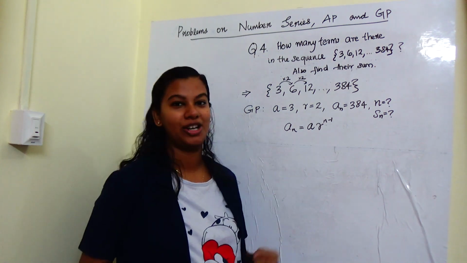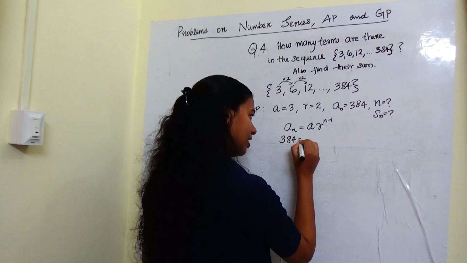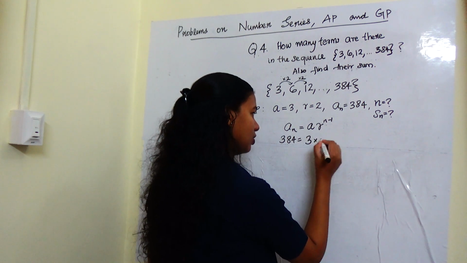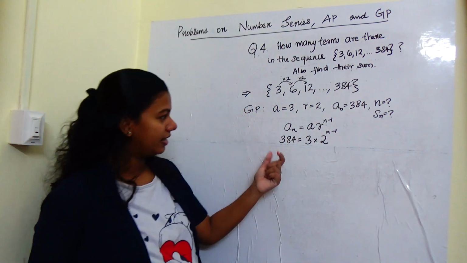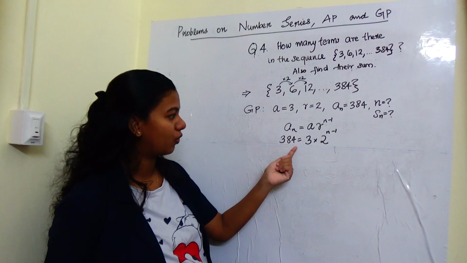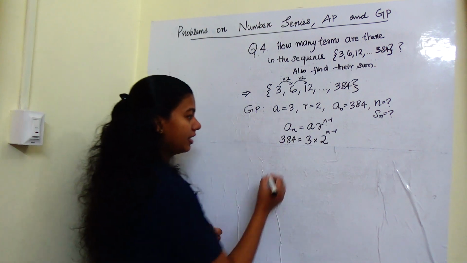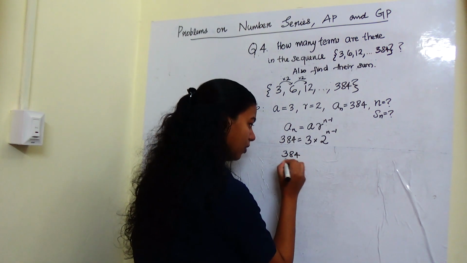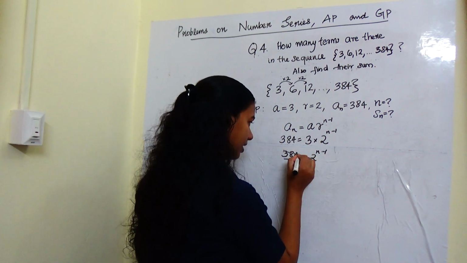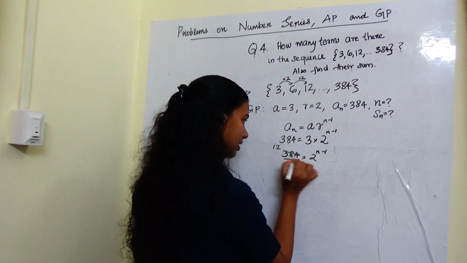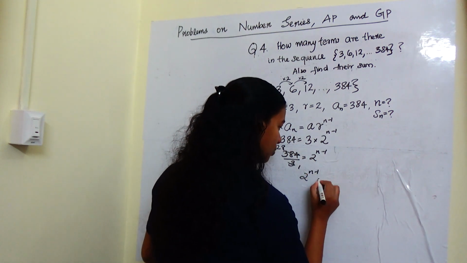Now let's substitute these values in this formula. That is, 384 equals a, that is 3, into what is r, 2 raised to n minus 1. Now 384: 3 plus 8 plus 4 is 15, so it is divisible by 3. So I bring down 3 here. That is, 384 divided by 3 equals 2 raised to n minus 1. 3 1s are 3, 3 2s are 6, balance 24, 3 8s are 24. That is, 2 raised to n minus 1 equals